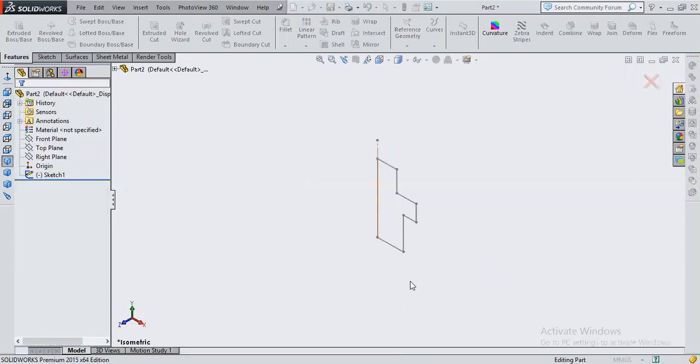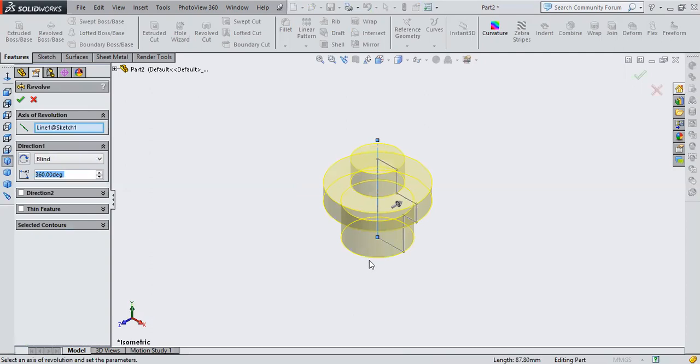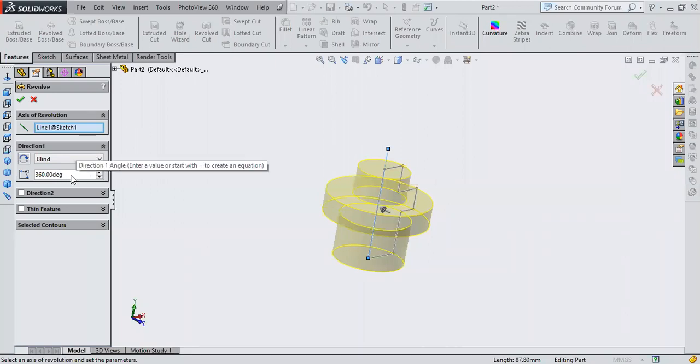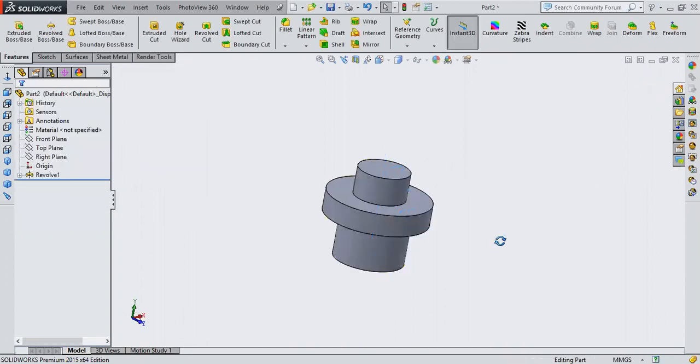And you can notice the material has started adding up, right? Can you notice this? Yes, sir. Here you can set how many degrees of angle you want. If you say 360 degrees, it will be fully covered. If you give some angle, it will stop at that particular angle. Once it is done, just say OK to this. Your part will be ready. Okay, got it?